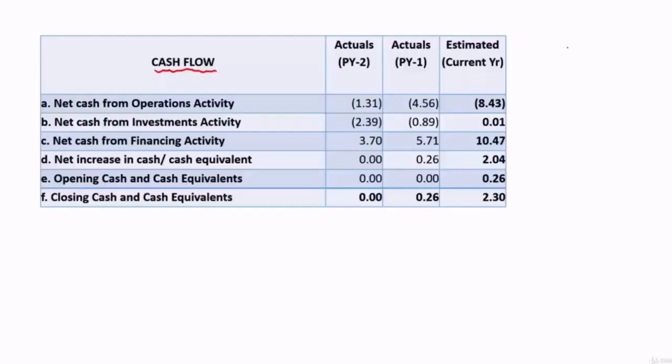So we know the cash flow statement is a statement which lists out the cash flows as per activities, and activities are divided into three. They are cash flows from operational activities, cash flows from investment activity, and cash flows from financing activity. All the three put together will give the net increase in cash and cash equivalents during the year, and with that, if you add opening cash and cash equivalents, you will land on closing cash and cash equivalents. So this is the abridged form of a cash flow statement.